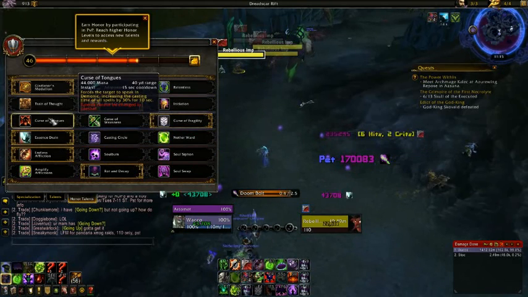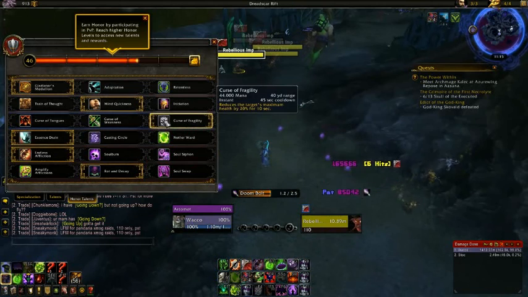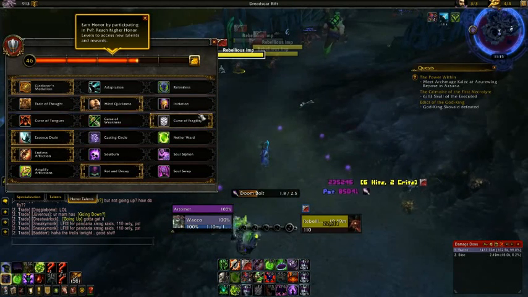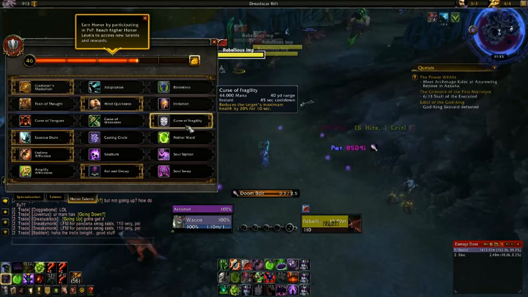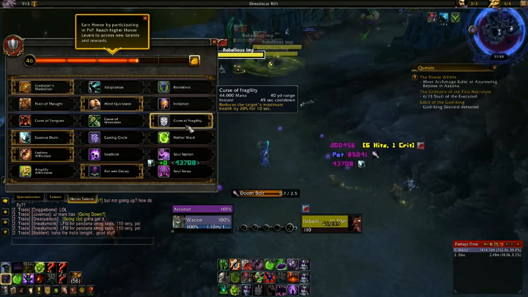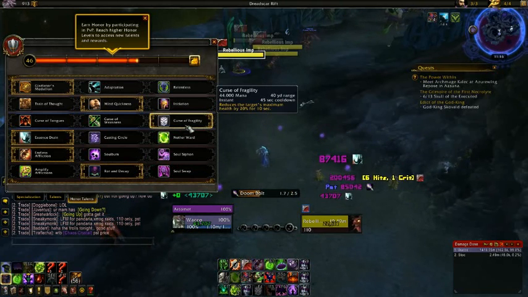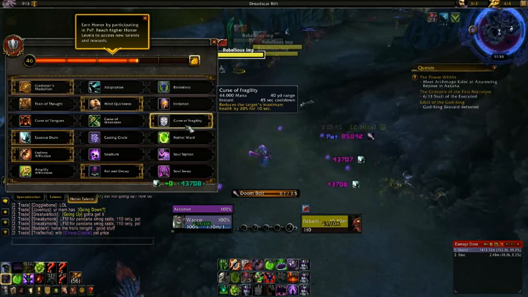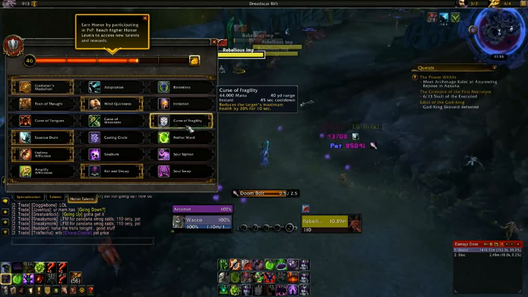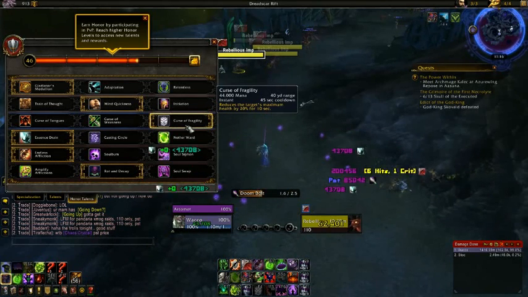In tier 3, there's Curse of Tongues, Curse of Weakness, and Curse of Fragility. I would probably go for Curse of Fragility in most cases, because it reduces the target's maximum health by 20% for 10 seconds. So you can line that up with your partner's burst, and you can use that. It instantly decreases the target's max health by 20%,